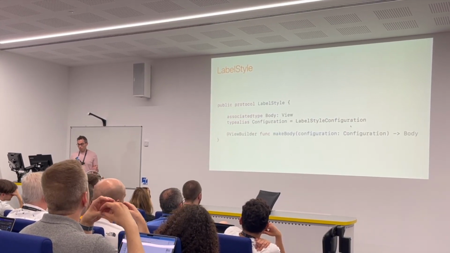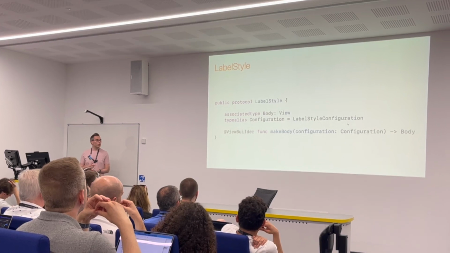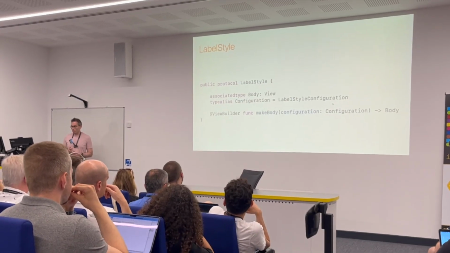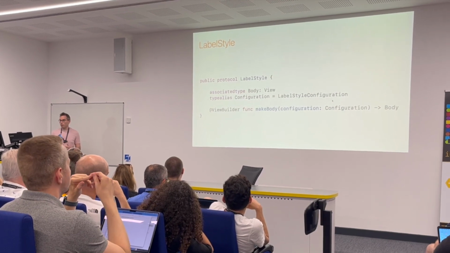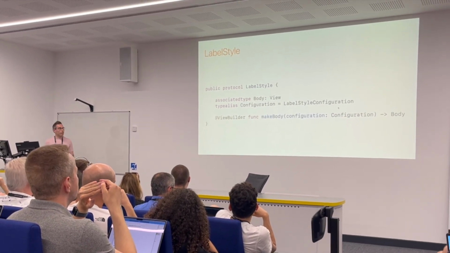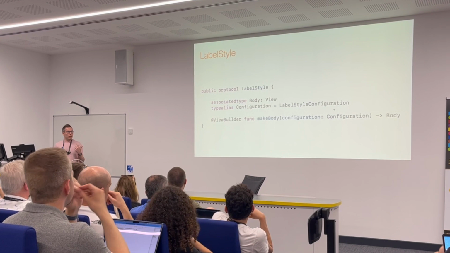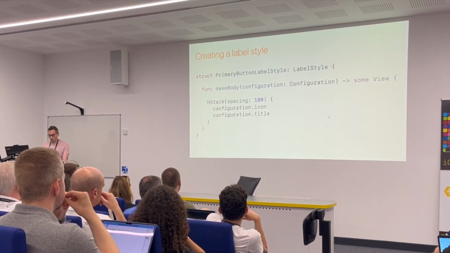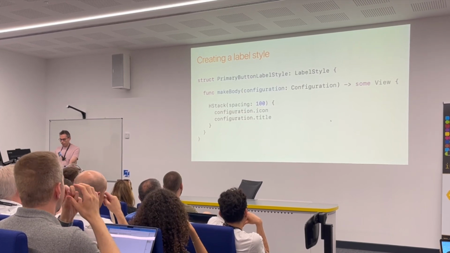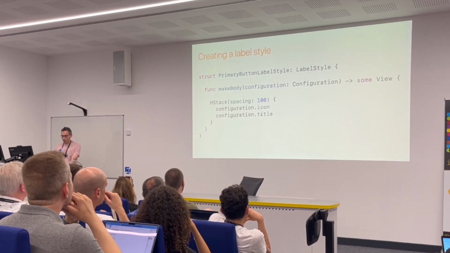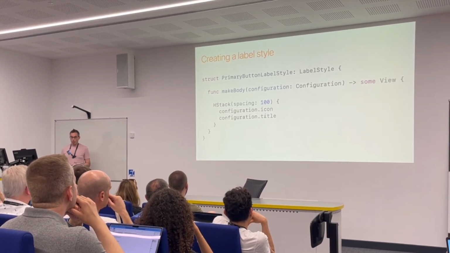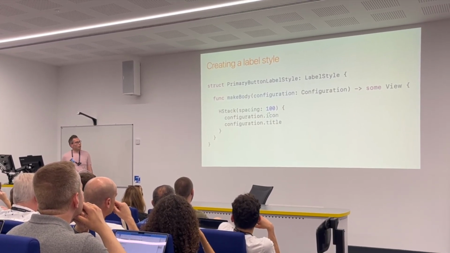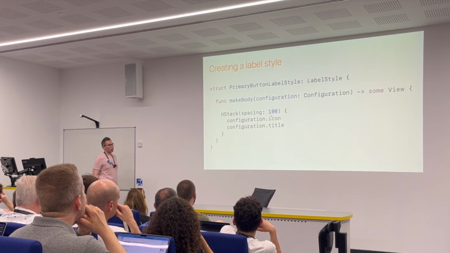So this is a common way of initializing a label, and unsurprisingly, maybe there is a label style that you can use to style these labels, and it's very similar to button style. There's configuration, and the configuration has both the title and the icon properties. And to implement one, you implement the make body. You grab the icon and the title from the configuration, and we can just put that in an H stack with this stupid amount of spacing, crucially. So we've made probably the world's worst label style,